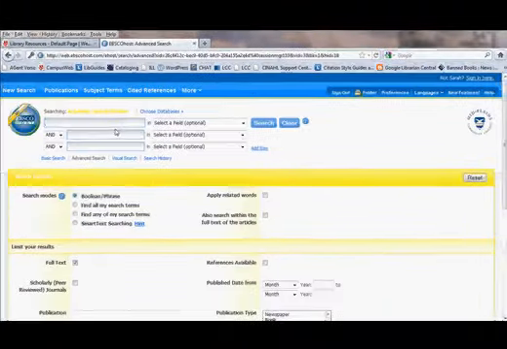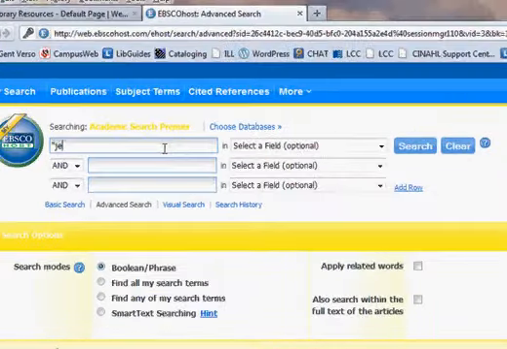I'm going to go back up and do a search, and just kind of to show you the different types of topics and publications that you can find within Academic Search Premier, I'm going to do a pop culture search, and this time I'm going to be searching for Jersey Shore. You may have noticed that I used quotation marks when I typed in my search terms. This is because when a